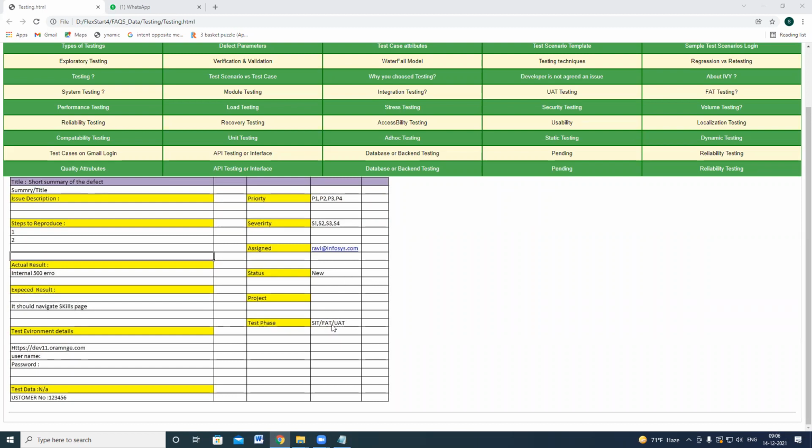If it is the functional team, we will select FAT, functional acceptance testing. SIT means system integration testing, and there will be an SIT team in the project team as well. So you need to select in which phase this defect occurred: either SIT, FAT or UAT. After that, there will be an attachments tab.